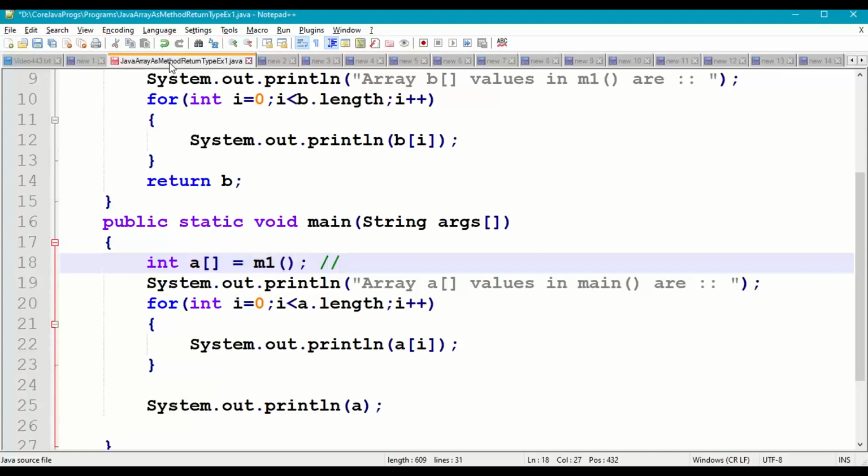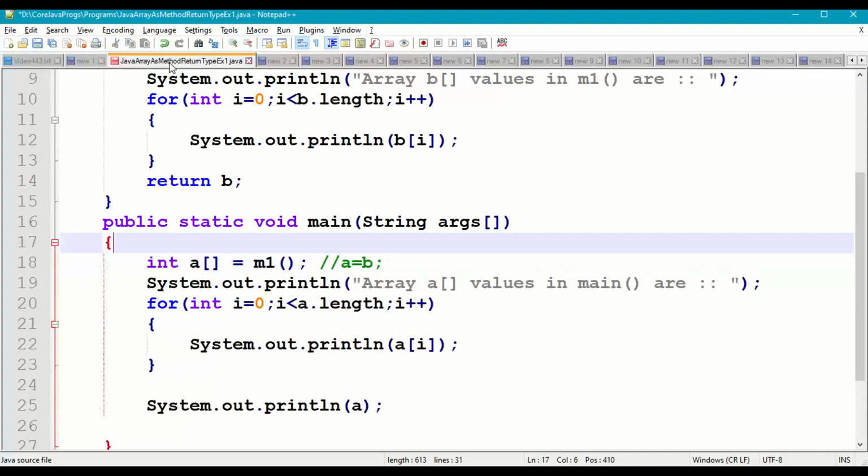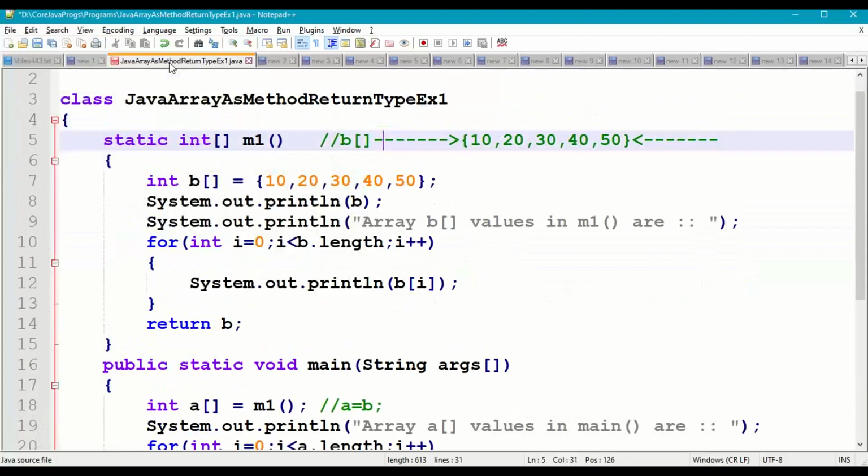It will be assigned to array a, so a is assigned with b. When a is assigned with b, in memory a also refers to the same array which is being referred by b. So a and b both are pointing to the same array values 10, 20, 30, 40, 50.